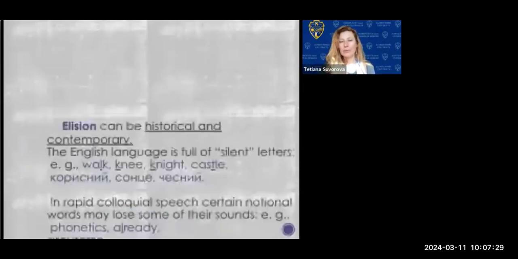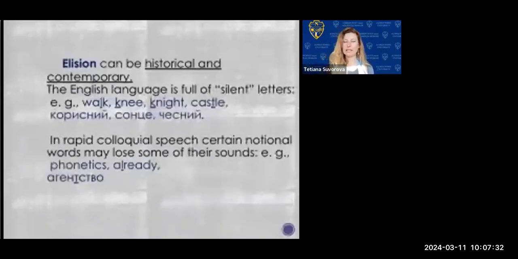Okay, and elision, very popular in English. I think you know about the fact that there are a lot of words, due to historical aspects. The language is developing, but the spelling is so slow in development that it preserves the features of earlier stages of the English language development. And for that reason, we have some letters which are not pronounced, silent letters: walk, knee, night, castle, and so on. In Ukrainian, also some